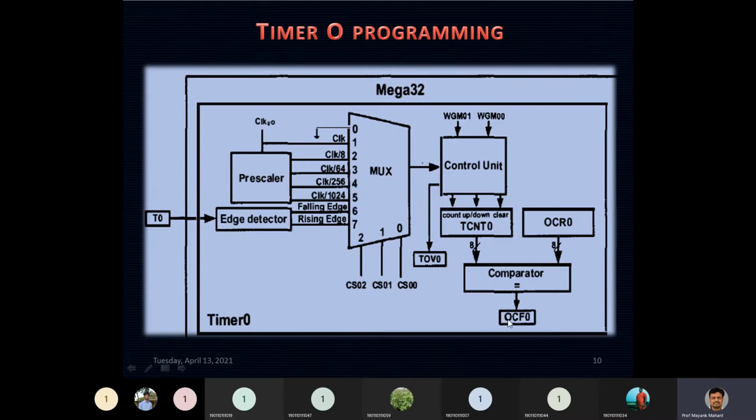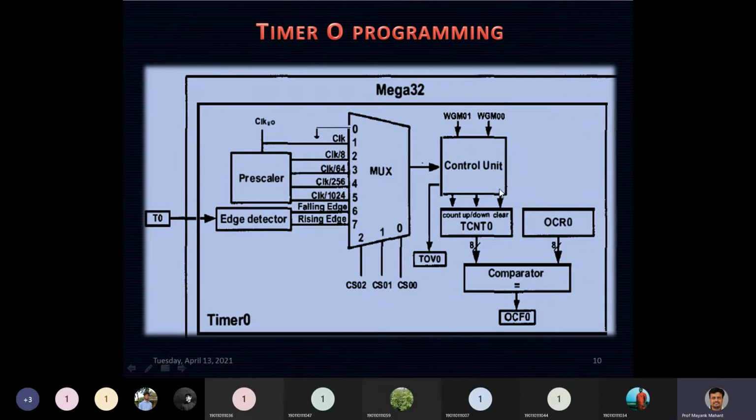And finally we have seen the internal block diagram of timer 0, where we have pin T0 whose input would be connected to an edge detector. We have prescalers, and depending upon the configuration you want your timer to work in, if you select 6 and 7, it would be working in counter mode. And if you select the option from 0 to 5, it would be working in timer mode. But 0, you can say that you can stop your timer or counter by providing this value as 000.